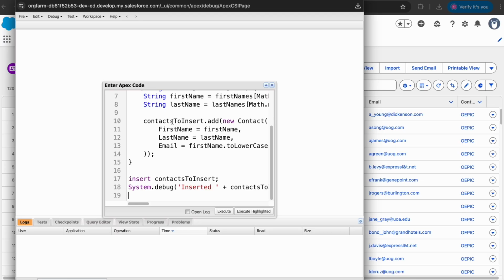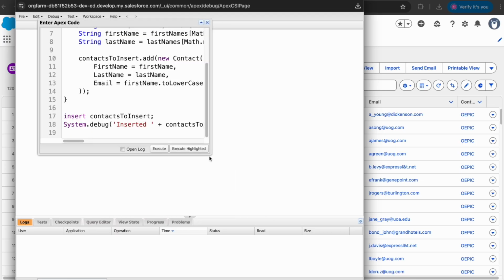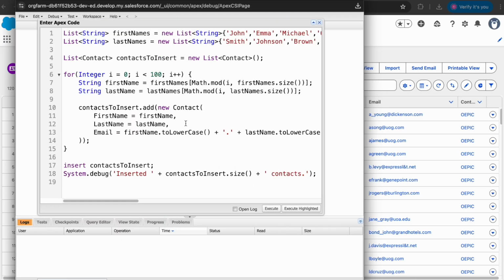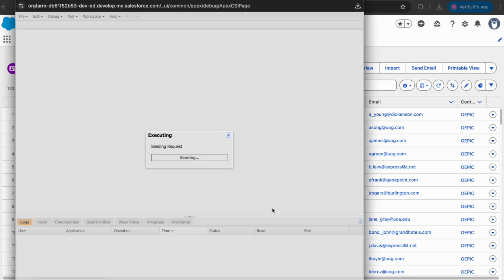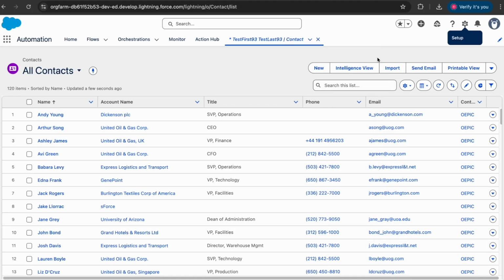So I'm going to paste another snippet in the anonymous window here. You can see I have provided a list of names that I want to use. You can see the first name, last name, and I'm going to create an email out of those first name and last name. I'm going to attach these two snippets in the description so you can make use of them. And when you are creating records for any other object, you just have to make changes based on your requirement. And if I run this,